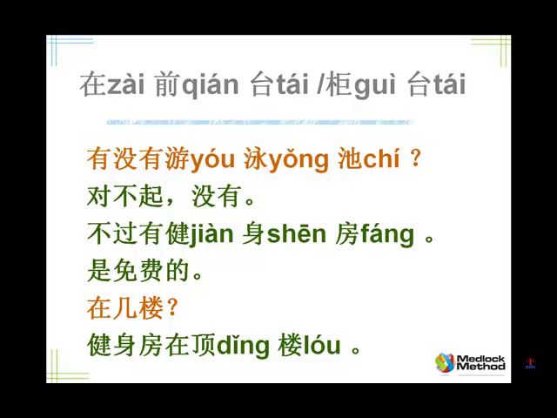Let's have a little bit of practice of this. Ask me, is there a swimming pool? 有没有游泳池？ Tell me, sorry, no. 对不起，没有。 Tell me, but there's a gym. 不过有健身房。 Tell me it's free. 是免费的。 Ask me, on what floor? 在几楼？ Tell me on the top floor. 在顶楼。